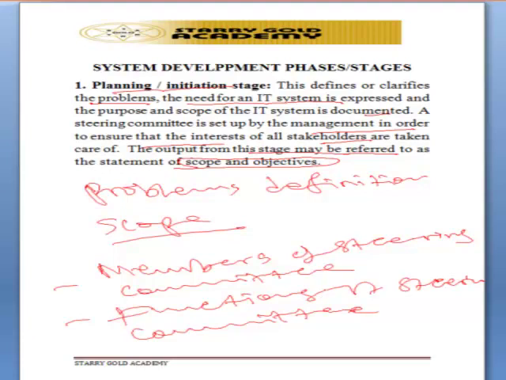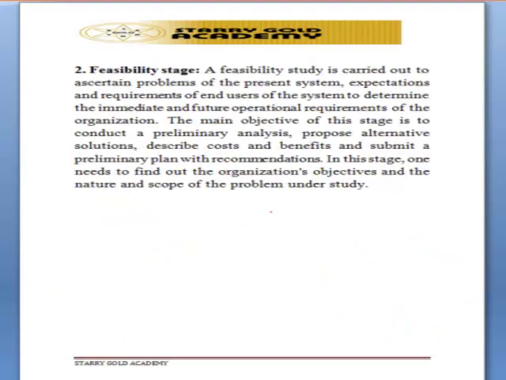Then after the planning or initiation stage, the second stage is what we call the feasibility study stage. A feasibility study is carried out in order to ascertain problems of the present system, expectations and requirements of end users of the system, in order to determine immediate and future operational requirements of the organization. At this stage, this is where the feasibility study will be carried out. In other words, a feasibility study can be defined as the study